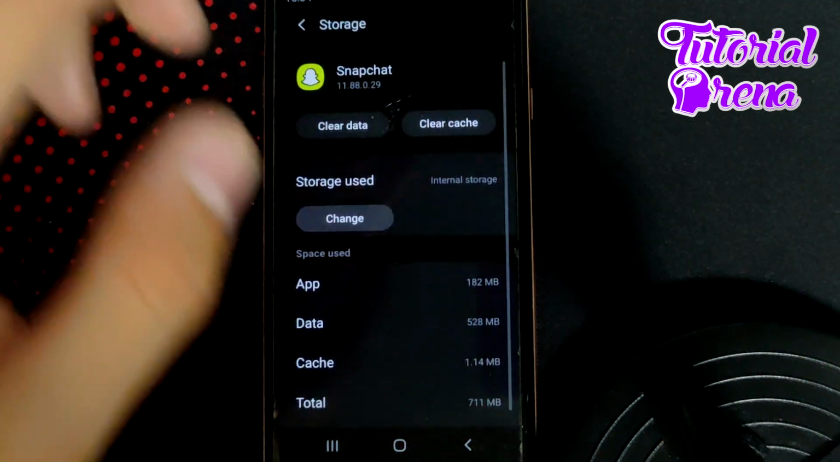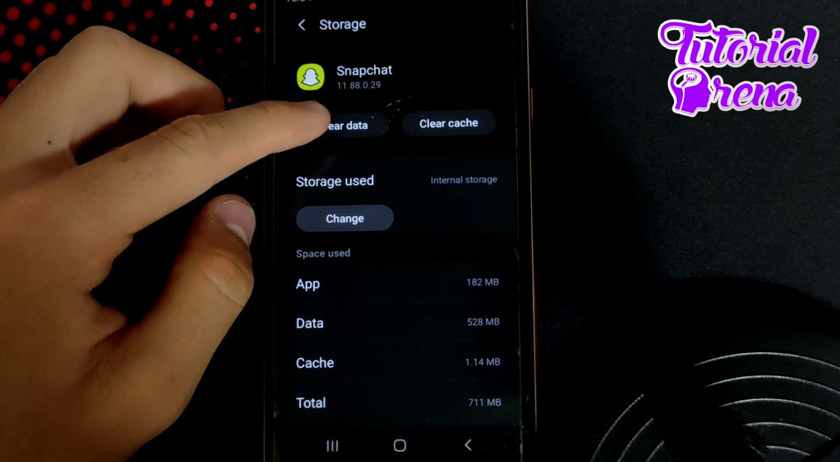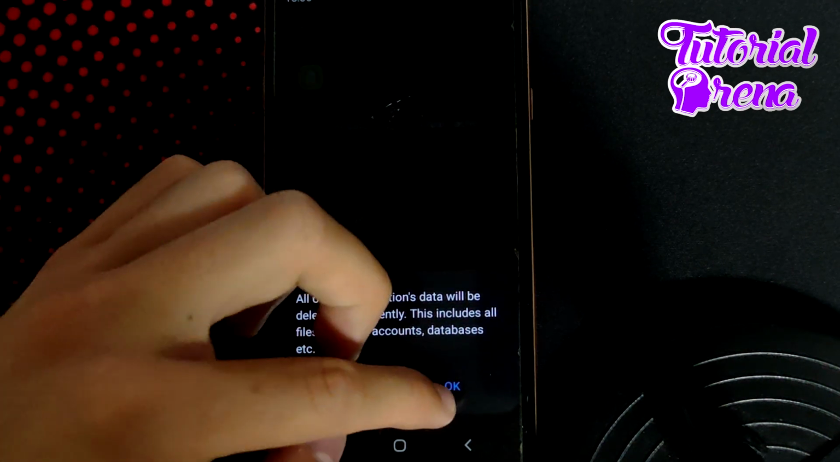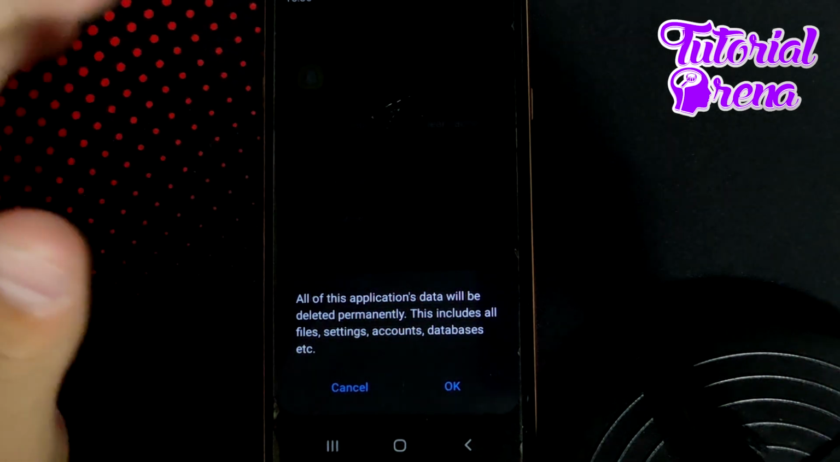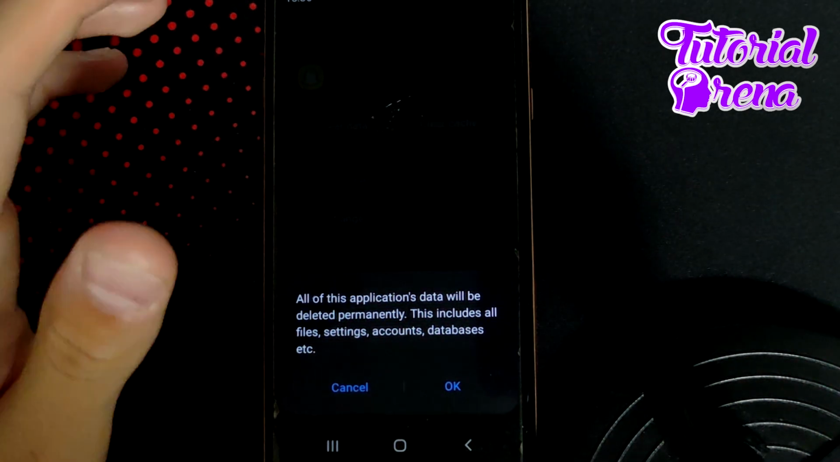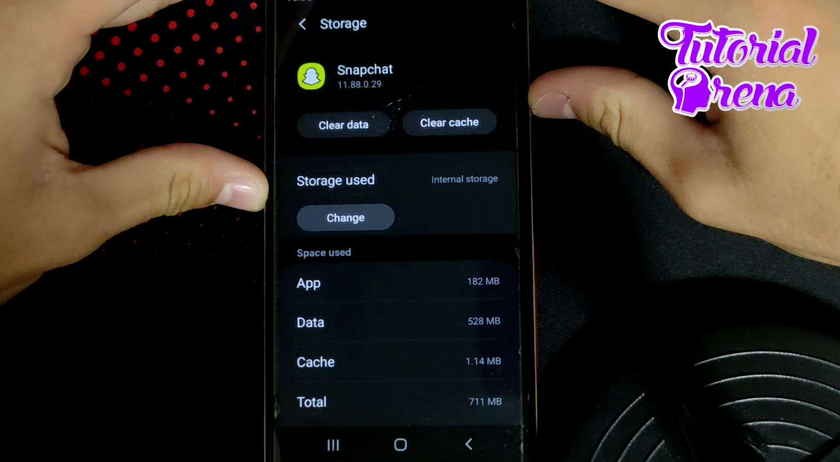After you go to storage, you need to go to clear data, which is the first selection on your left side. You tap clear data, you tap OK, and then it should help to fix the problem. If it doesn't, you also need to restart your phone by clicking right over here and